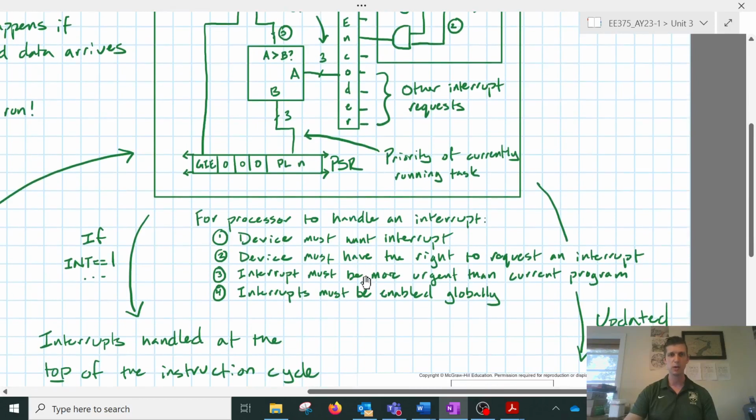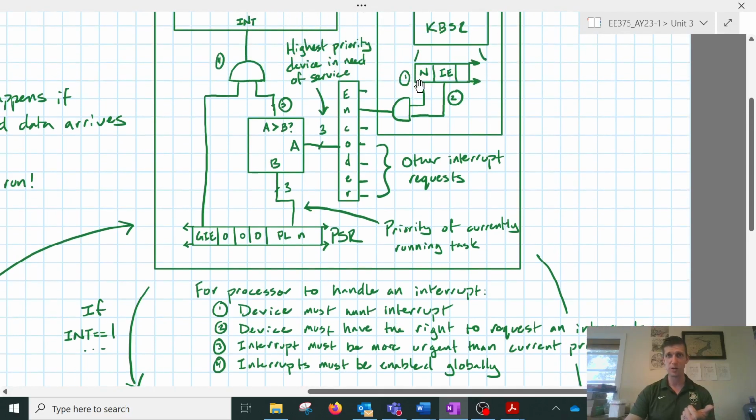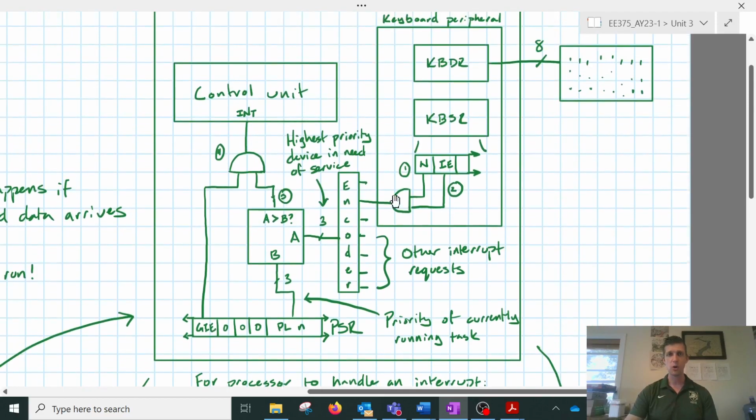So down here we've got a little running list of what we need to do to handle an interrupt. Number one, the device has to want an interrupt, so that's represented by this new bit. The device has to have the right to request an interrupt. That's interrupt enable. So if the keyboard is wanting and able to request an interrupt, this signal says, hey, we need some service. That's going to go into an encoder here with potentially other input devices that are all